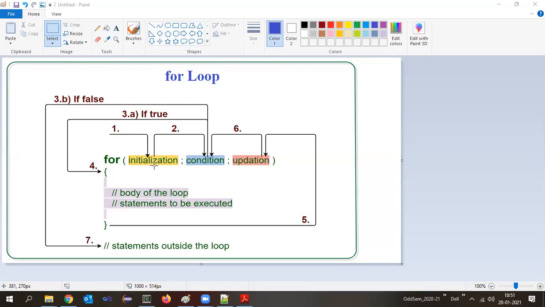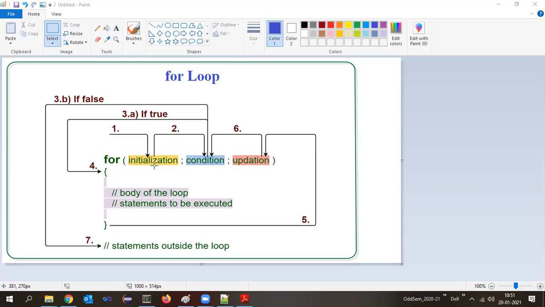We can write only the statements related to what the for loop actually has to do. The for loop is the one most widely used in programming when we want to write a looping construct. We do use the others also, but this is one of the most widely used looping constructs. Is this understood? Yes, understood.